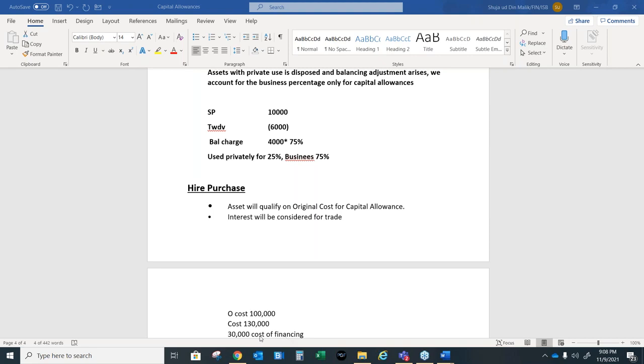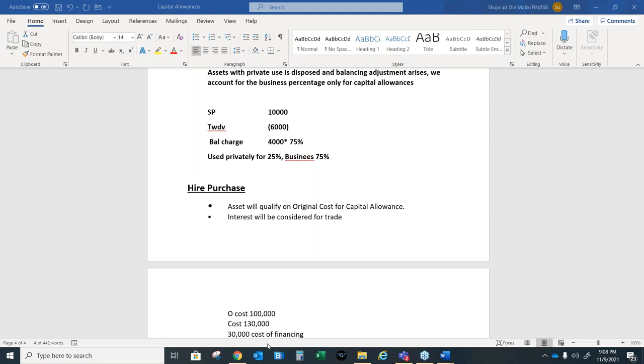This cost of financing maybe is for 5 years. This would have been divided by 5 years, and the appropriate yearly cost would have been calculated. This is number one. But if this is an asset that is in private use and in business use, in this particular case only the business percentage of this cost of finance will be an allowed expense. Other than that, it will all be